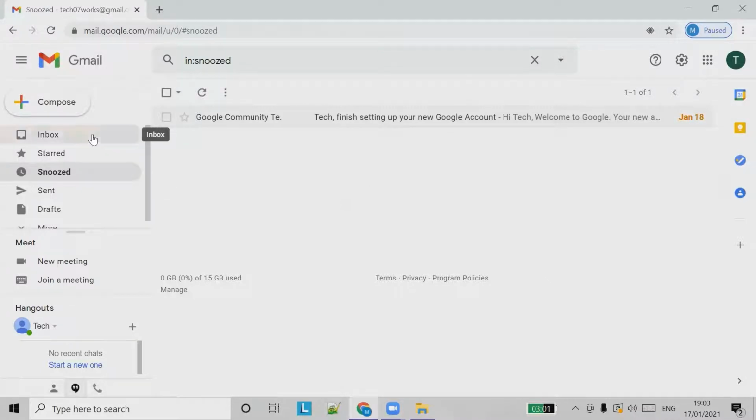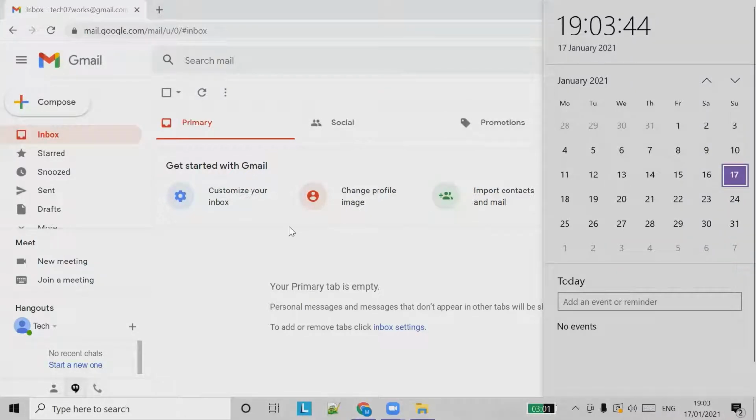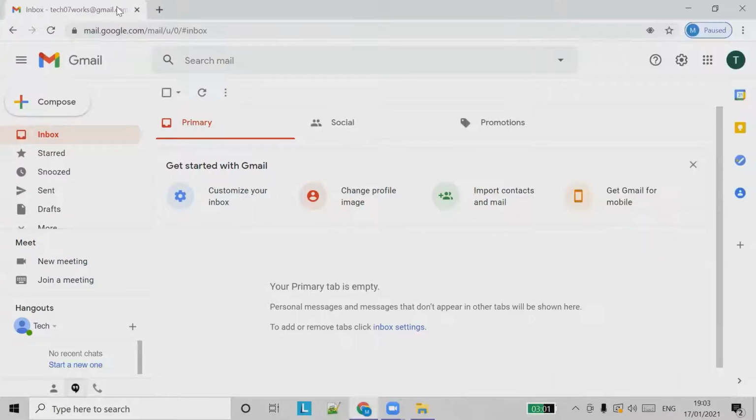So what happens is you will receive the email again, and you will see it again as unread. Okay, so we'll wait for 7:04. It's now 7:03. If you wait for some time, we should be able to receive that email. So before waiting, we can move to the next topic.